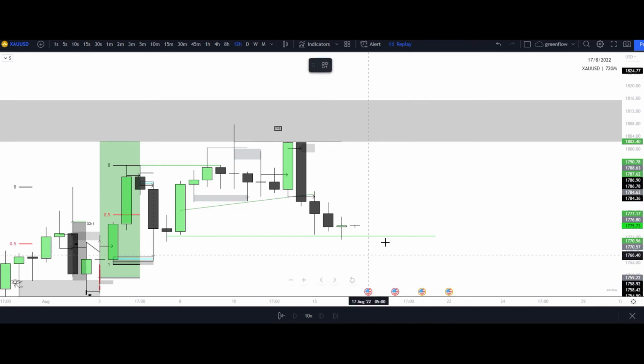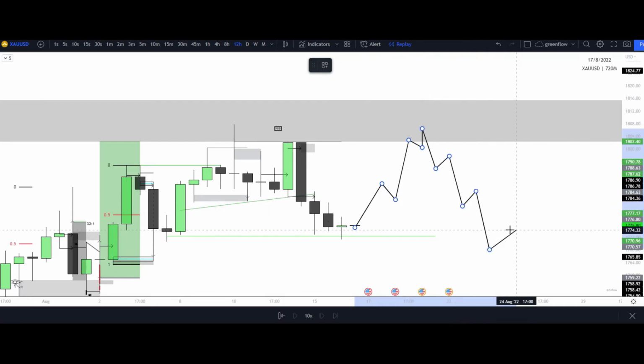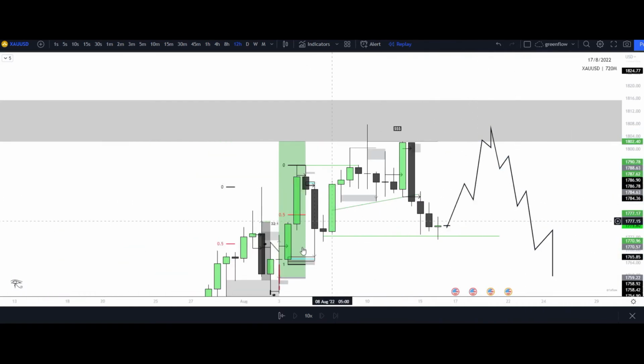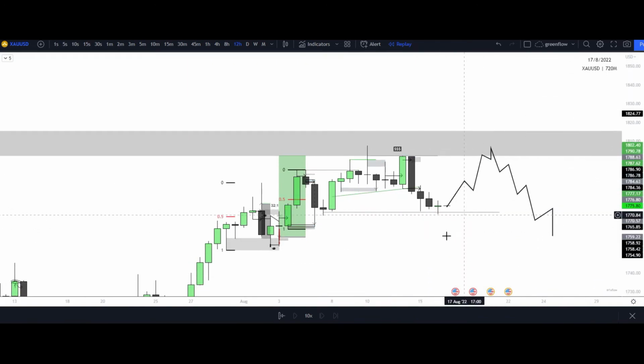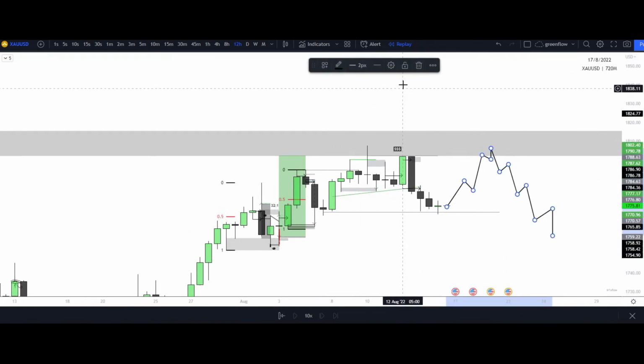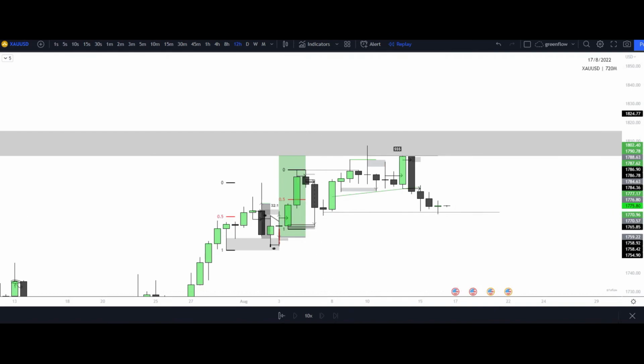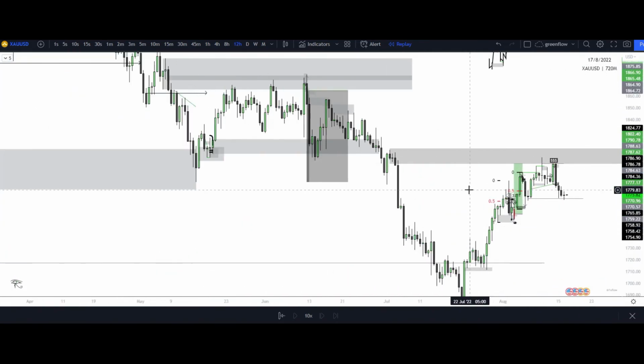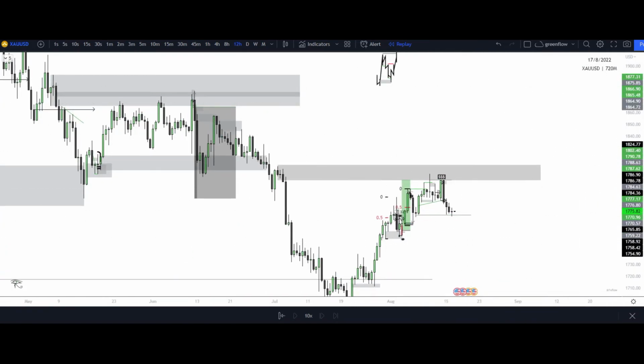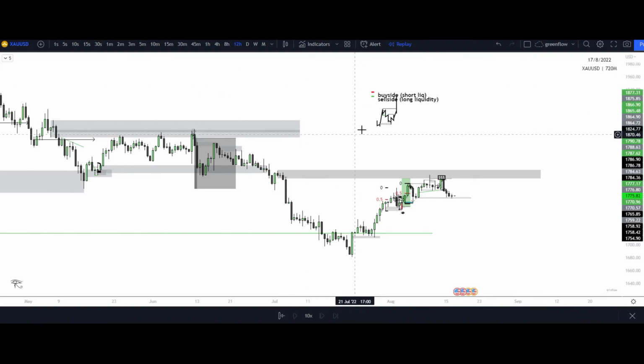So we could possibly see something like this, where we accumulate, take out the highs, and then distribute, and then I'll be looking for shorts to the downside. Or, like I was saying before, if we continue to accumulate in areas below down here, don't leave any lows and just start to break structure to the upside with displacement, then we'll look for that continuation overall out of the supply zone into higher areas of supply. So that is XAU.